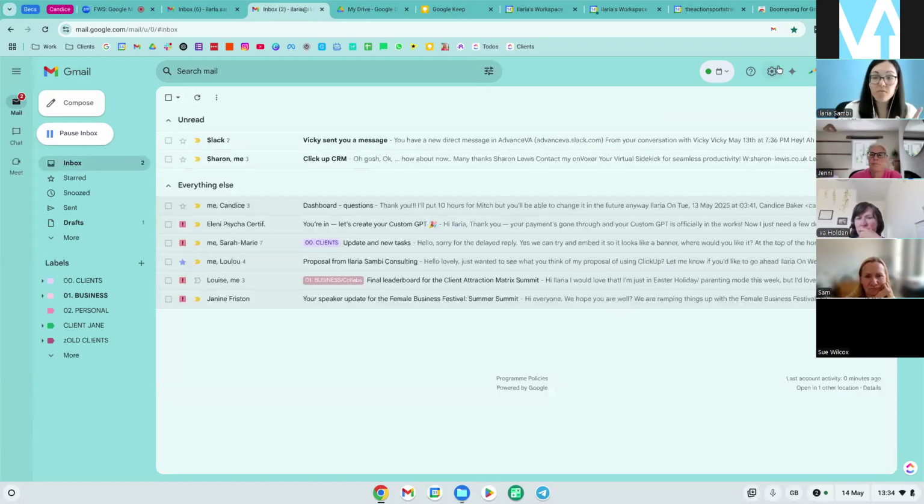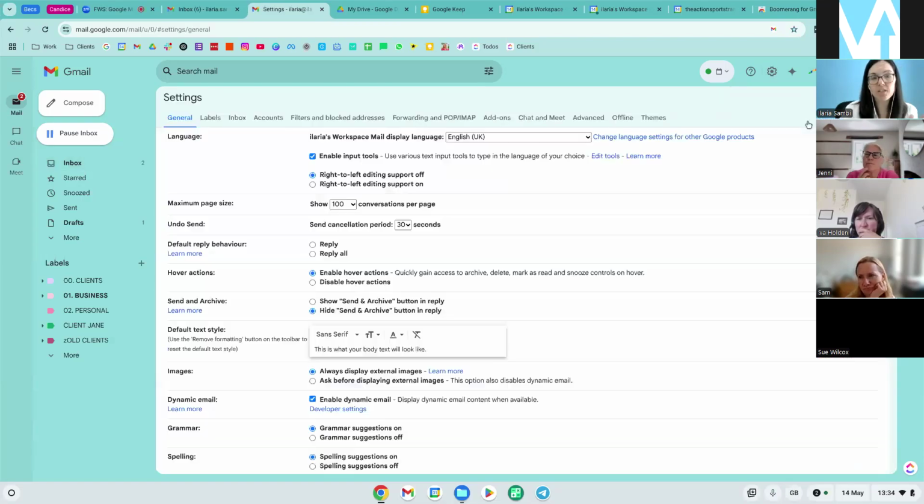If you have multiple accounts, say you have a personal Gmail account and you want to receive emails from it in your business inbox, you want them forwarded to your inbox, you can do that from your personal Gmail.